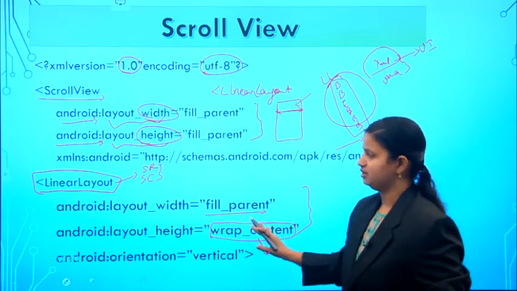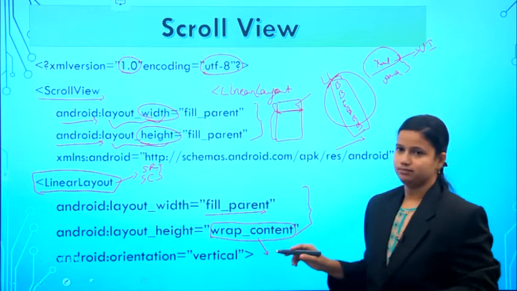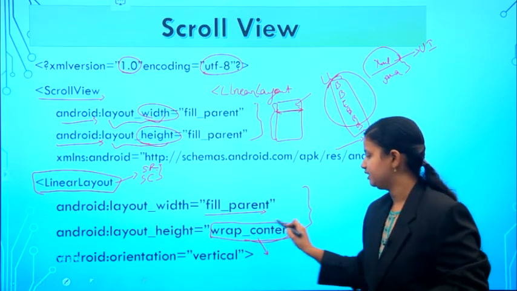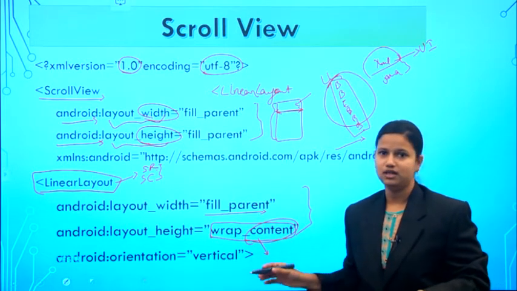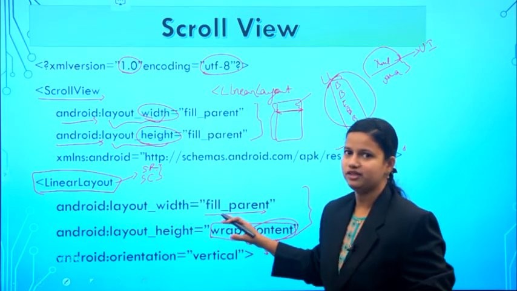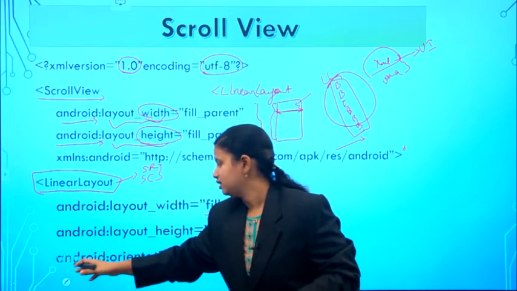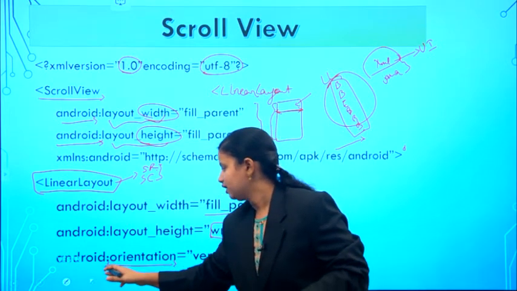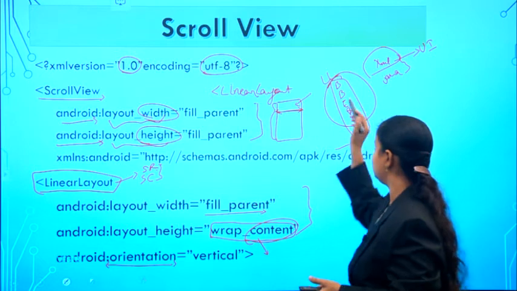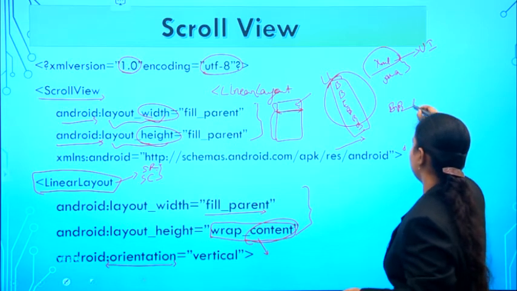We are not specifying fill parent. If you specify fill parent, the parent size will be occupied. But we are mentioning only wrap content, which means the size will be decided based on the contents provided in the linear layout. Next, we have one more property, orientation. Why? Because the orientation property is important. With it we say that these view group elements are to be arranged either in a vertical manner or in a horizontal manner.